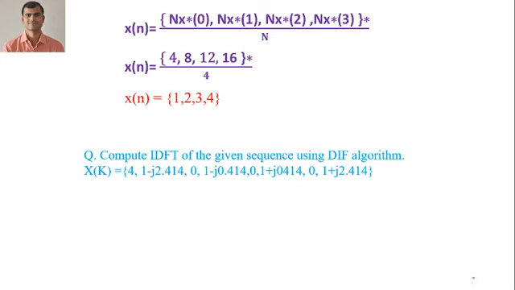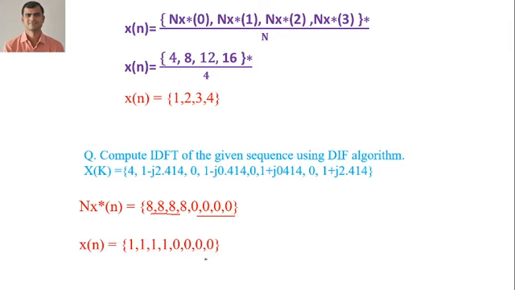Also here the 8-point sequence is given of x of k, and we have to find its inverse DFT by using DIF algorithm. So we'll be getting the output as nx conjugate of n, where the initial first 4 values are 8 and the last 4 values are 0, and after dividing by 8 we'll be getting the answer as first 4 values as 1 and last 4 values as 0. In this way we can find the inverse DIF FFT for the sequence x of k. We'll be getting the answer as x of n.